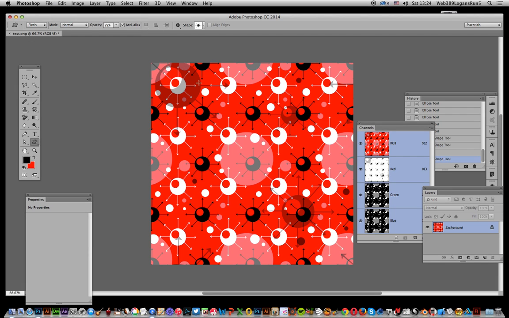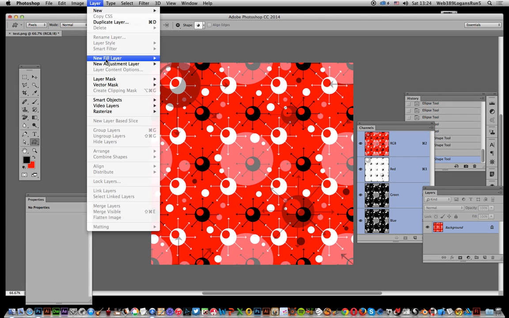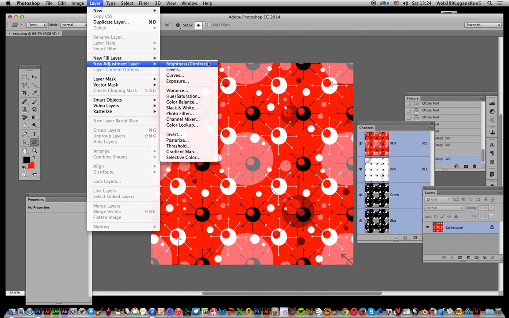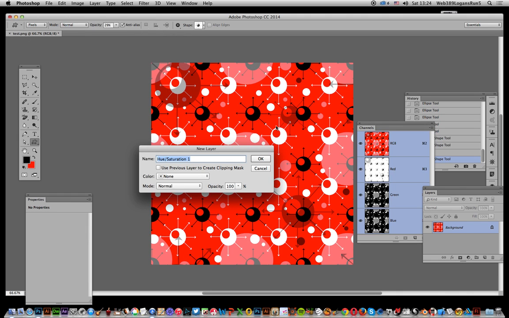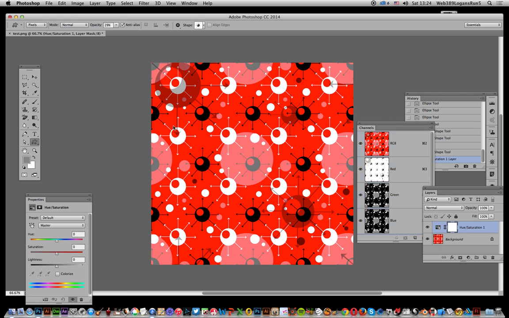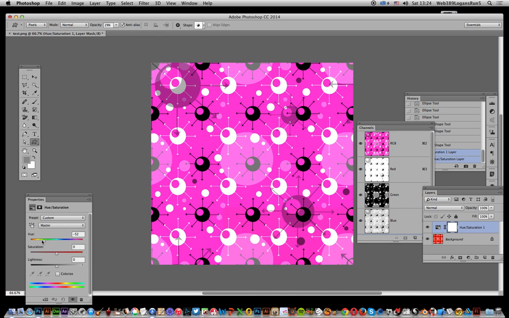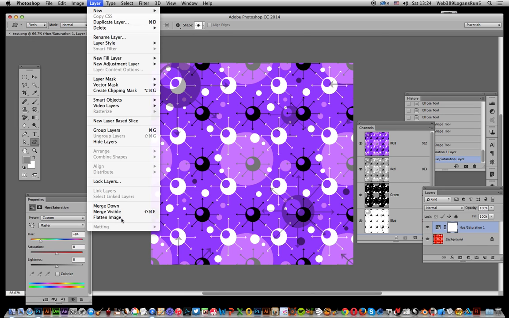Another option is that you can go to a layer and new adjustment layer and hue saturation. Now I like that one, that's one of my favourite ones. There's of course lots of other adjustment layers that you can use, but that's always my favourite. And you can just recolor it, and again it's still a pattern, so you can actually define that all as a pattern. Just go, obviously flatten it and then